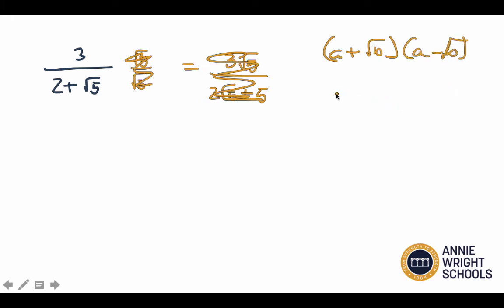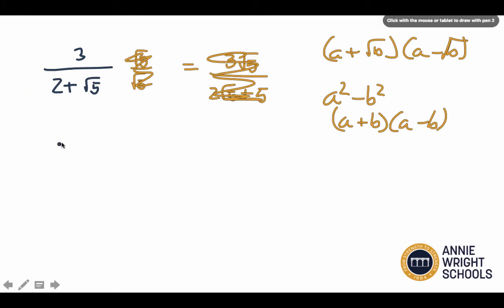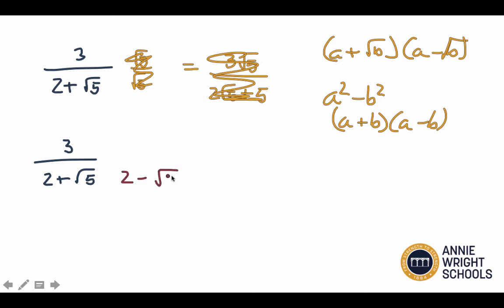And I'm hoping you remember that a squared minus b squared looks like this. If you go back to the factoring special patterns, I told you that the difference of squares is really an important one. And the reason why it's so important is we get to use it here. So when we take 3 divided by 2 plus root 5, we can multiply by the conjugate of the denominator,